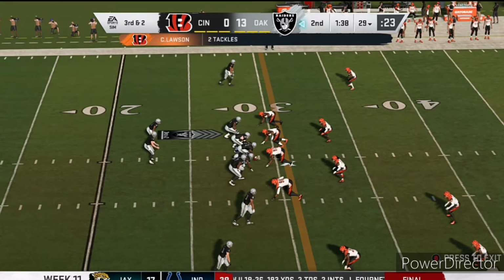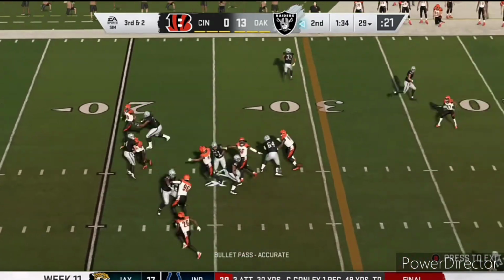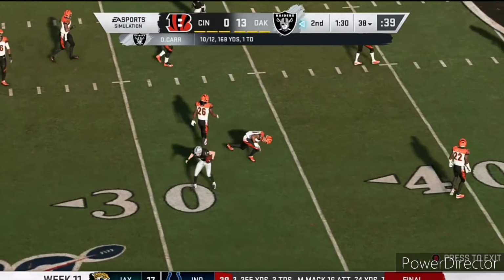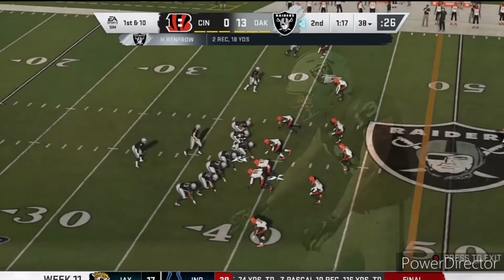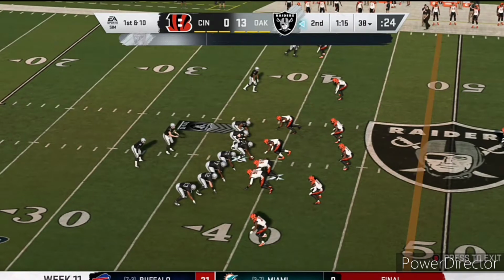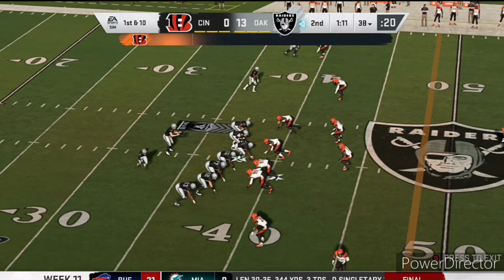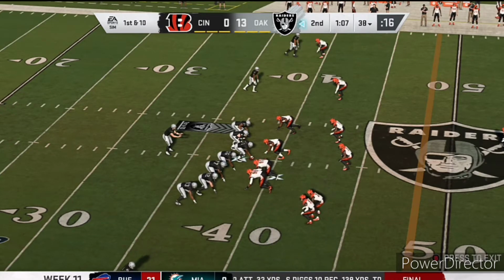Hurry up offense, Derek Carr in the gun, 3 receiver set, drops back to throw, blitz by Cincinnati, and it will be caught by the slot receiver, Hunter Renfro, as that'll give them a first down for the Raiders, and that will make it 1st and 10 from the 38-yard line, as Derek Carr stands at his own 33-yard line, and he motions his running back out to his left, out to his right, I should say,